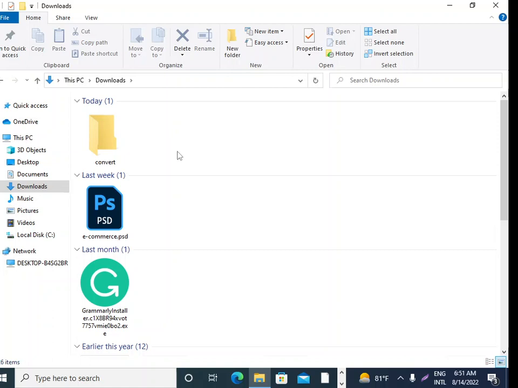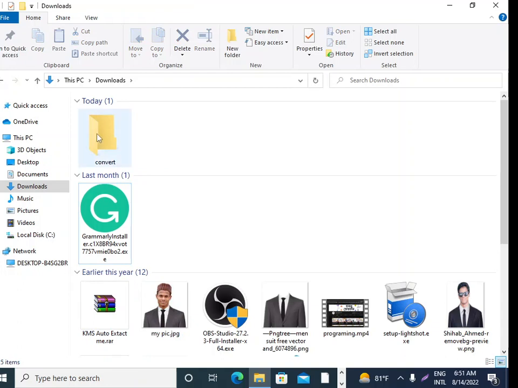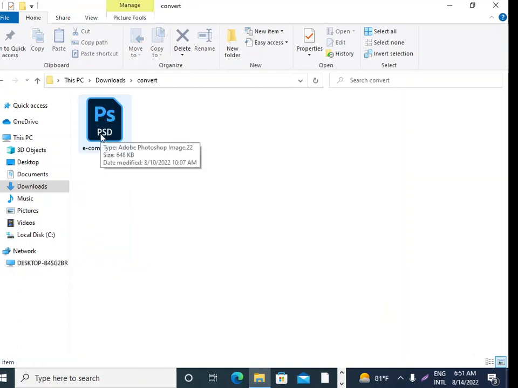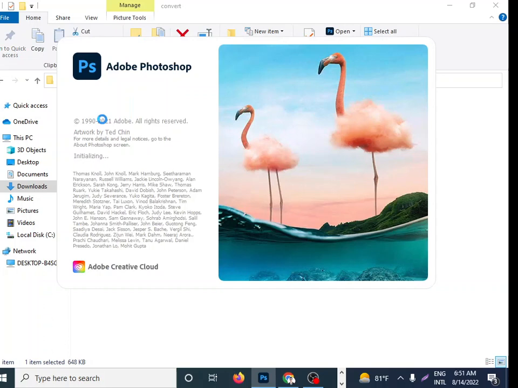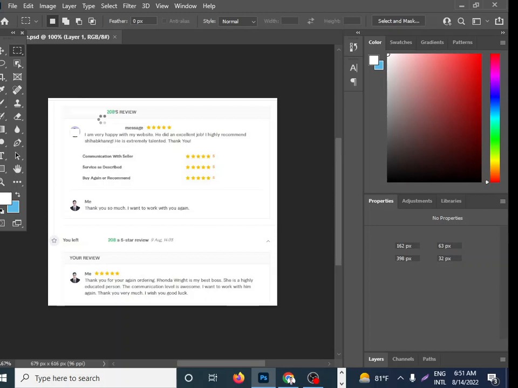I need to this e-commerce PSD file drag and drop into convert file. Now e-commerce PSD file drag and drop into convert file, paste it here and double click open folder, and my e-commerce PSD found converter file, and click e-commerce, double click open. Your computer must be installed it Adobe Photoshop or Photoshop document, and PSD double click when and open your